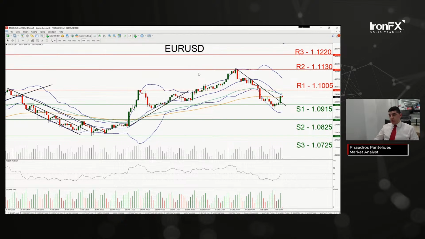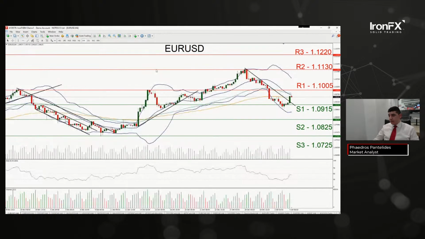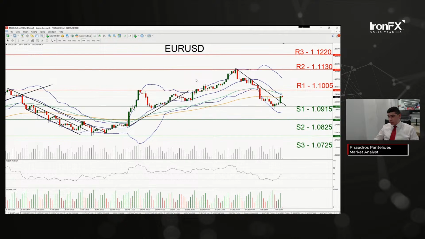Now, furthermore, the JOLTS job openings figure came in lower than expected, implying a loosening labor market. Now, that could also aid the market expectations of six rate cuts by the Fed during this year. Therefore, that may have weakened the US dollar, but in contrast, it appears to have supported the US dollar during yesterday's trading day. For today, it appears that it is slightly moving higher, having bounced off support, which we're simply